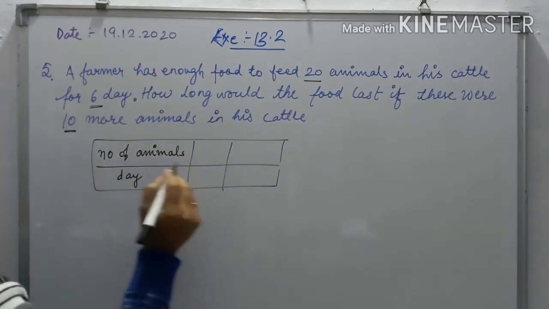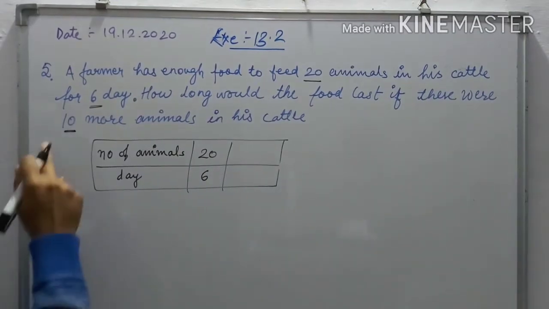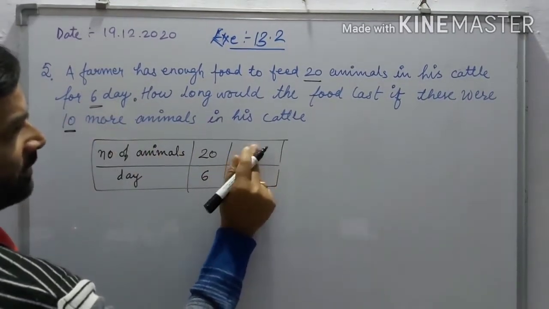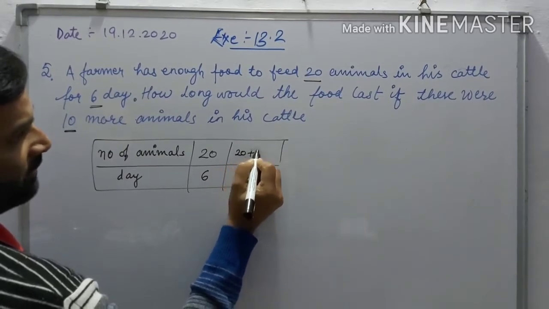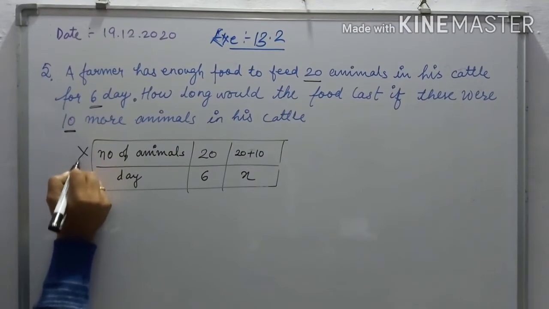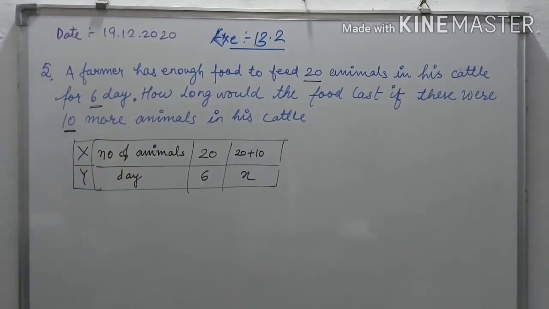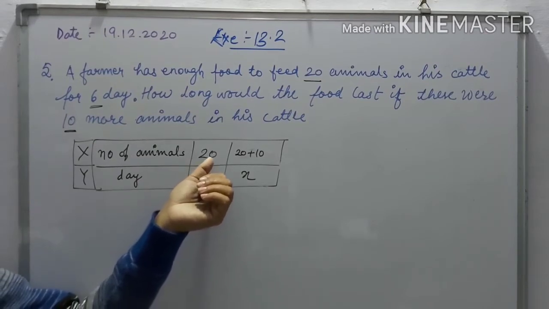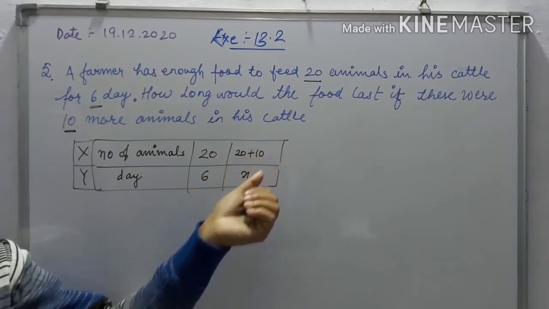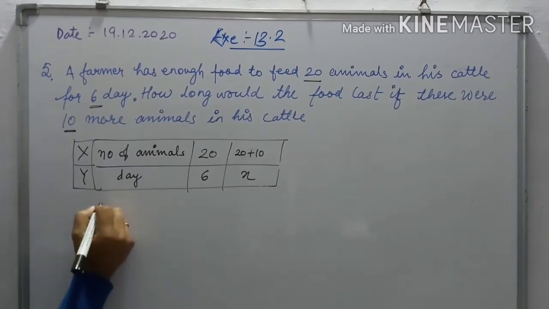Okay, the number of animals will be 20, the number of days is 6, and 10 more means you write 20 plus 10. Okay, and the number of days is x. This is the value of capital X and this is the value of capital Y. Now here, it is not possible that my food material will last 6 days and the number of animals increases by 10, yet the number of days stays the same; the number of days decreases. Okay, so it is